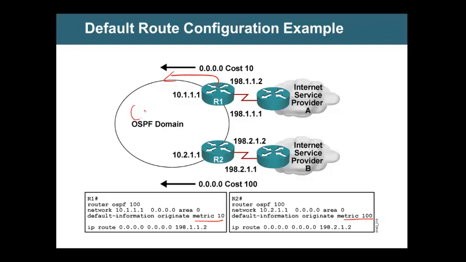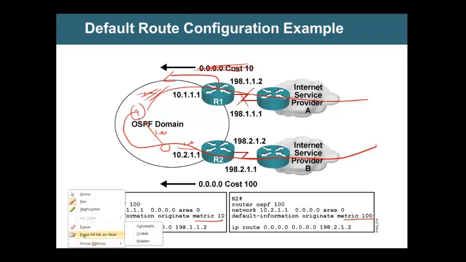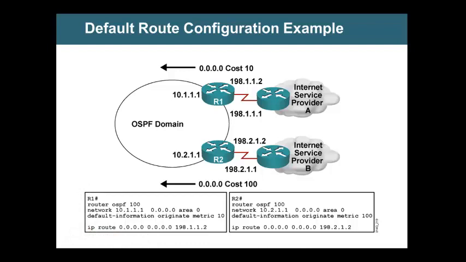So this router will compare and say, I'll use this ISP. Only if something goes wrong with this router or the link, this will stop coming and it will switch the packets to the other ISP. This will happen automatically. So in short, you can use default-information originate with a metric whenever you have more than one exit, more than one ISP, more than one gateway. Is this clear?